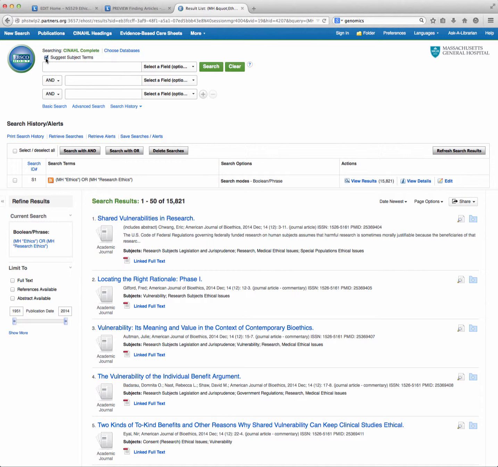For this example, I'm going to uncheck the subject terms box because I just want to use genomics as a keyword. I'm not going to look for a subject heading right now. This will just return every article for me that has genomics in the title or the abstract or somewhere in the article detail that the database has. Hit search,